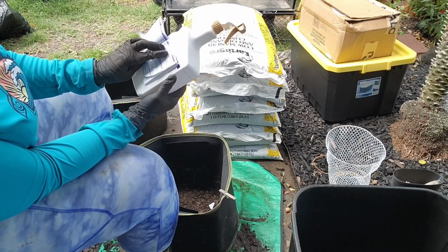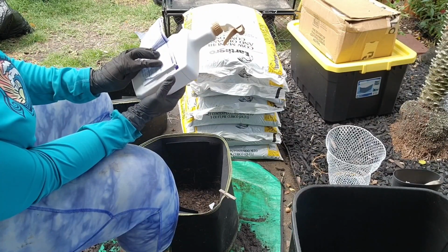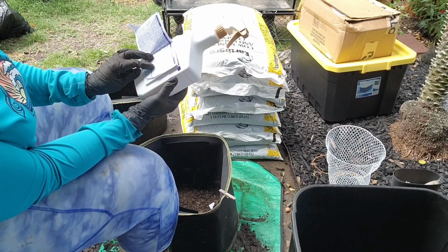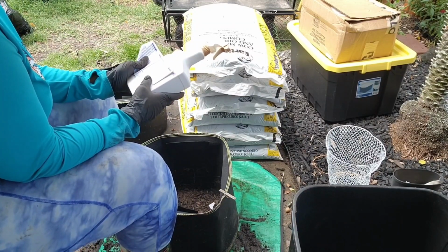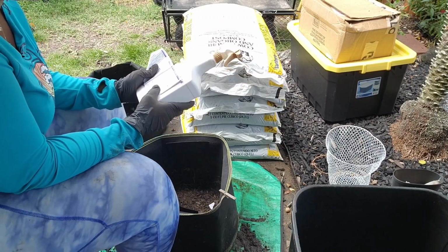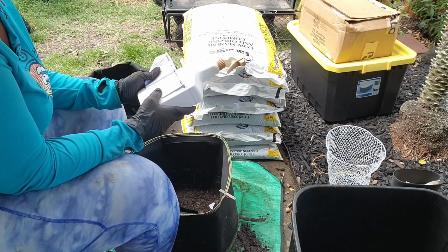So do not apply within many days of harvest. Do not make applications less than many days apart. They have a max number of applications you're supposed to use. So for blackberries, you shouldn't use it any more than 6 times a year. That's interesting. For strawberries, no more than 5 times a year. Bush, blue, currant, elder, goose, and huckle,